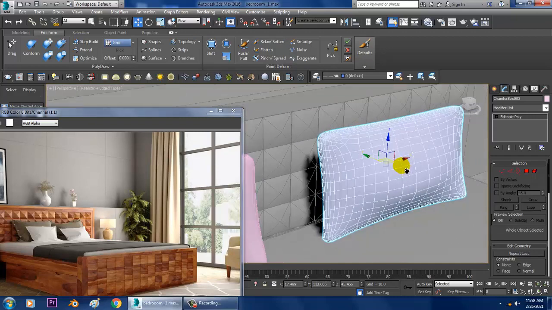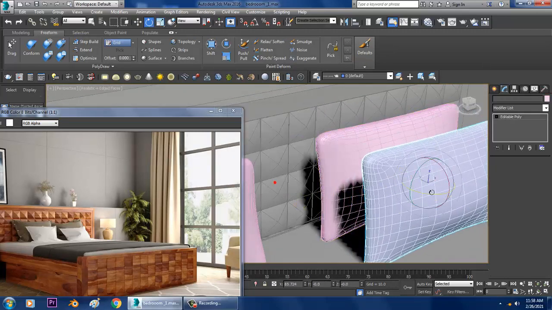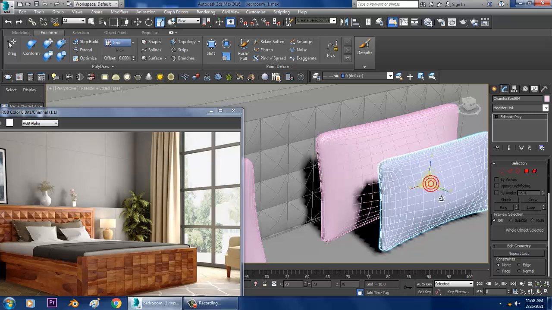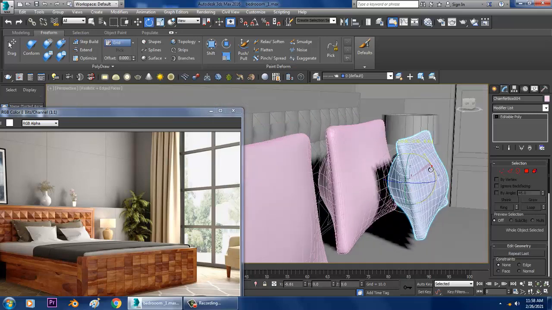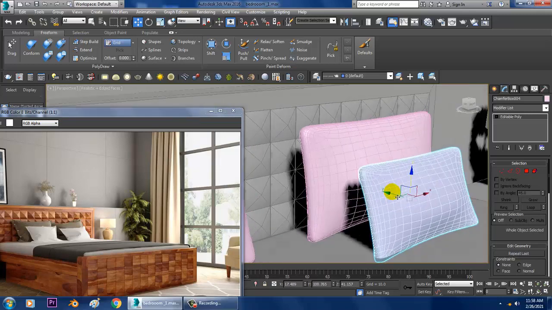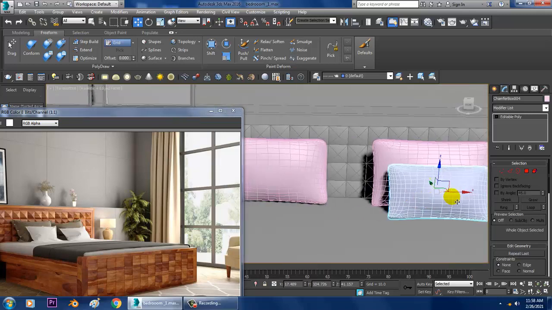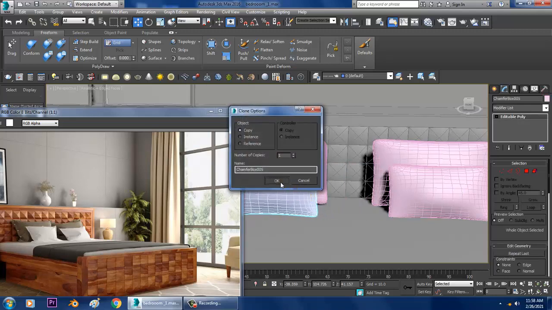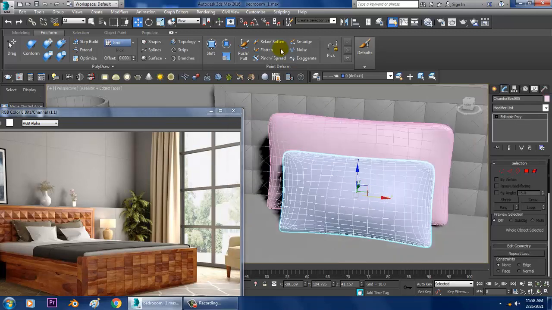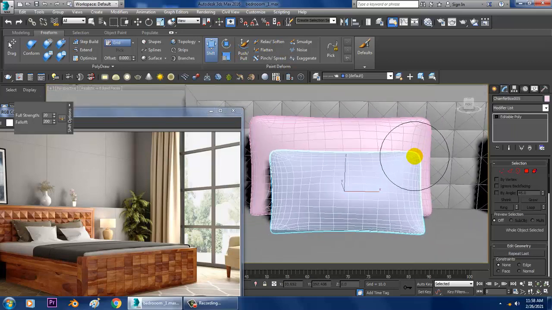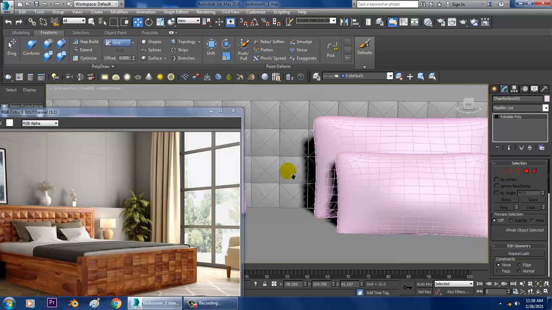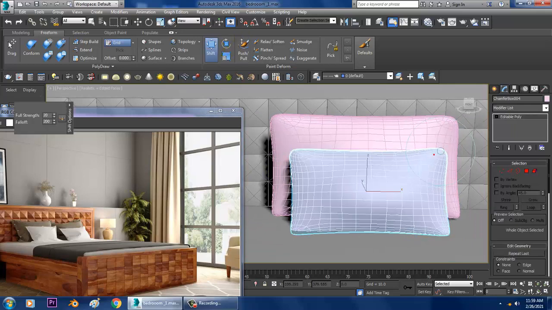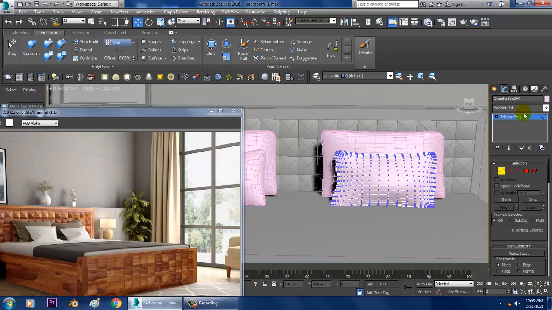So after you're done with this, let's again duplicate this. Just slightly resize this more over here and we'll just put it down over here. Press shift and copy it. And we have an option over here, that's your shift option. You can slightly freeform this particular object as you require it. Okay. So once you're done,